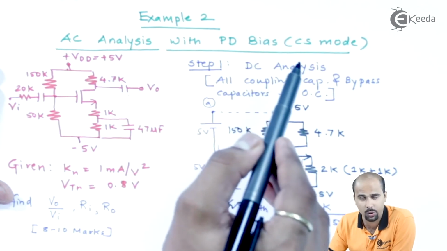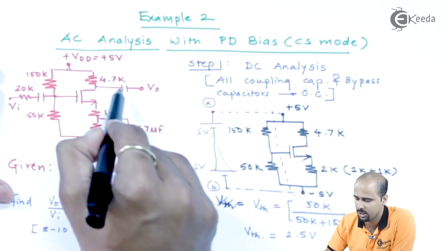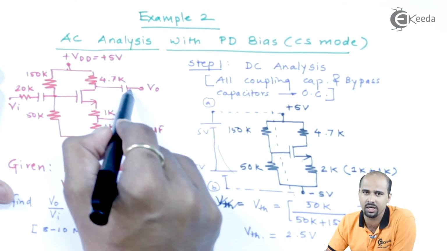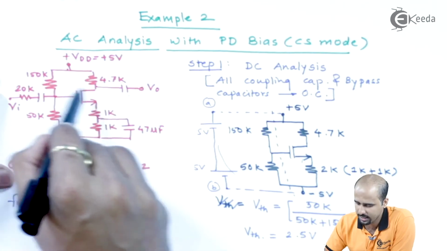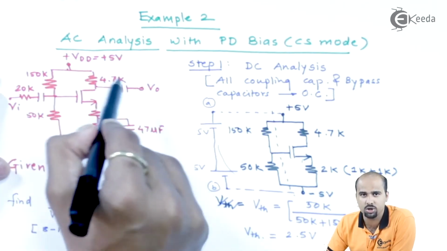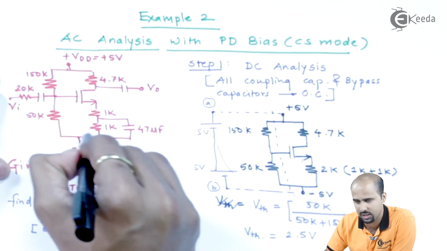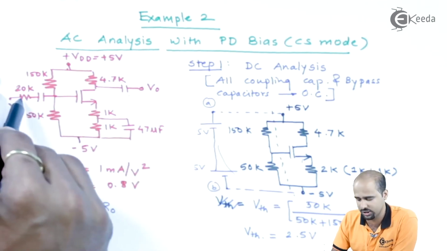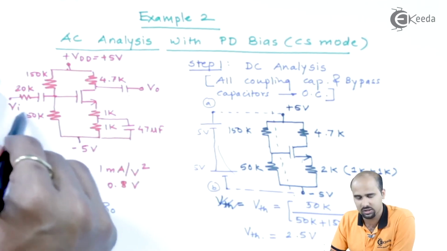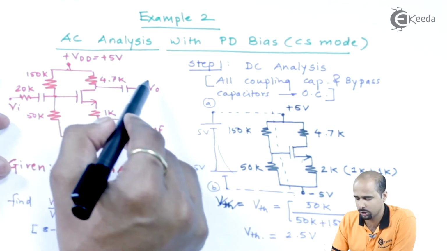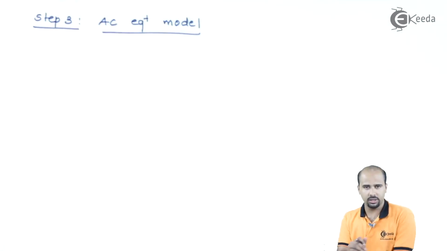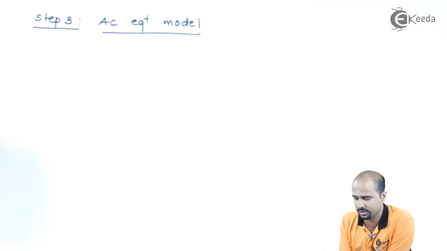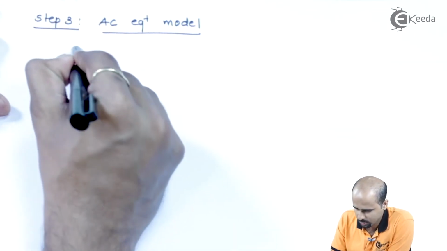If frequency is not equal to 0, if you are considering higher frequencies, then the capacitance value will be very small and the capacitive reactance will be very small. So I can say that I'll ideally connect it as a short circuit. If it is a short circuit, this 1K will be redundant. We have to incorporate the value of 20K. We have to have the values of VI and VO in combination with the circuit, right? So we will draw the complete circuit for AC analysis, and then we will draw the corresponding AC equivalent model.